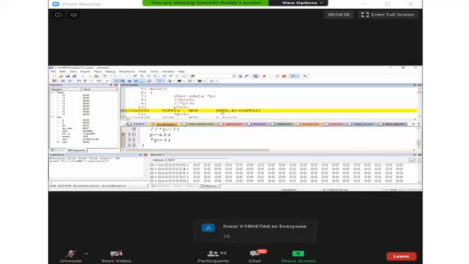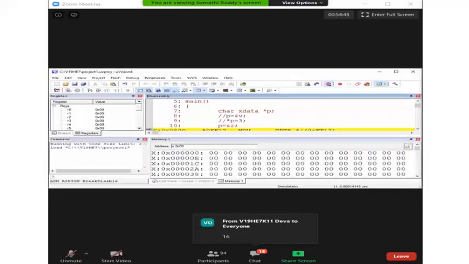Means the pointer is able to hold how much address? 16 bits. So X data pointer size is how much? 16 bits. P here is of X data, so it is 2 bytes. Yes. If P is iData type, it is 1 byte. If you are not mentioning anything for P, then it is 3 bytes.